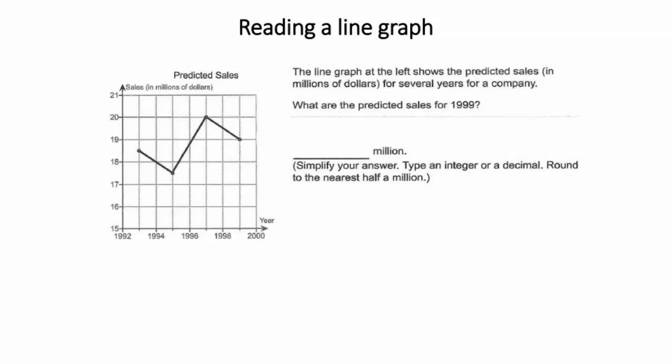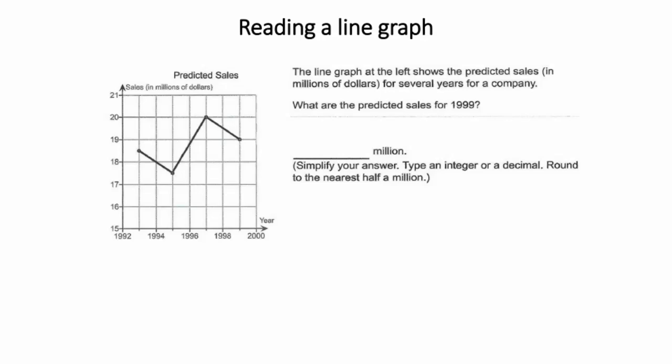And notice I said the best. Now, this is a graph that they're going to give you. It said the line graph at the left shows the predicted sales in millions of dollars for several years for a company. Now, they want you to predict the sales in